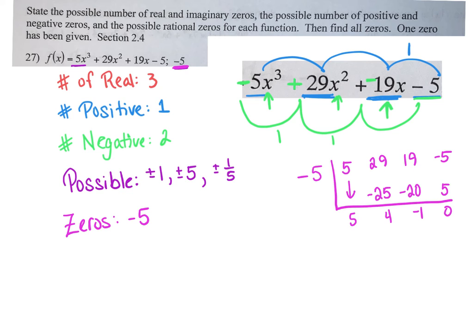By the way, if you do the synthetic division and you get something other than 0 for your remainder, you did something wrong because they just told you that that is a 0. So if you do not get a 0, you did something wrong in your synthetic division. So this guy is 5x squared plus 4x minus 1. You want to see where that's equal to 0. You can either solve this by factoring or by the quadratic formula. I do not care which way you solve it, okay? Either way,